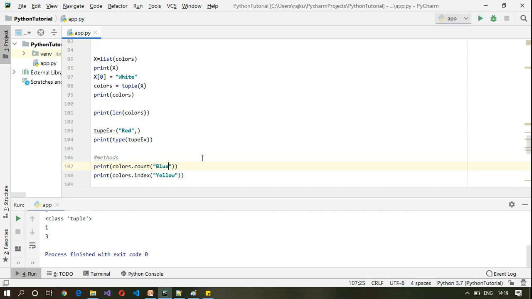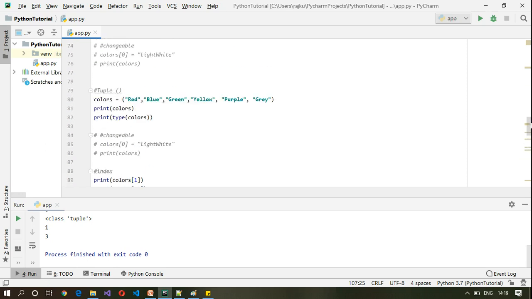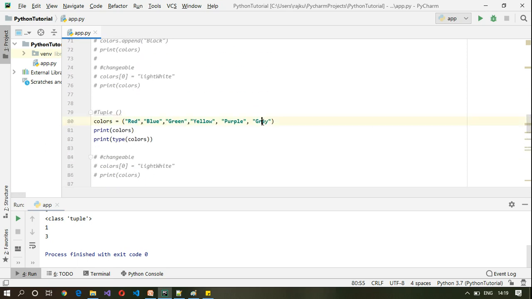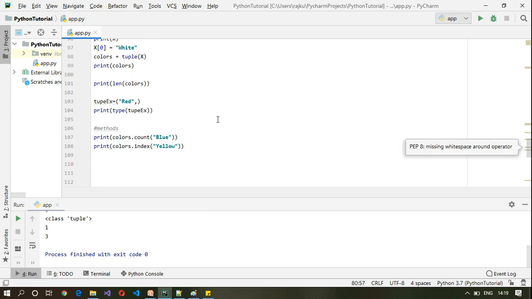Let me execute this. So there is one value within the colors tuple which is blue. As I said, it can contain duplicates. So let me add blue here. Now if I re-execute this, it should give me 2.